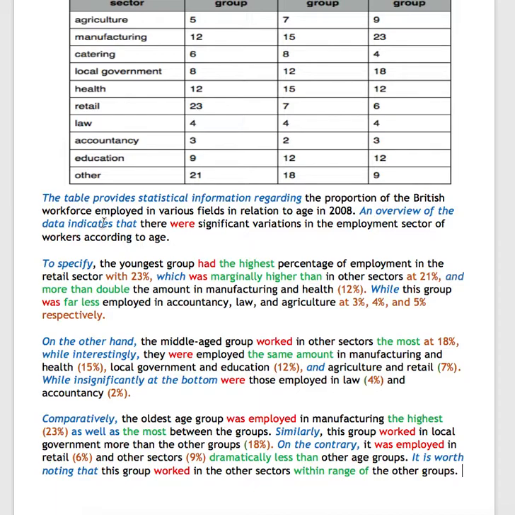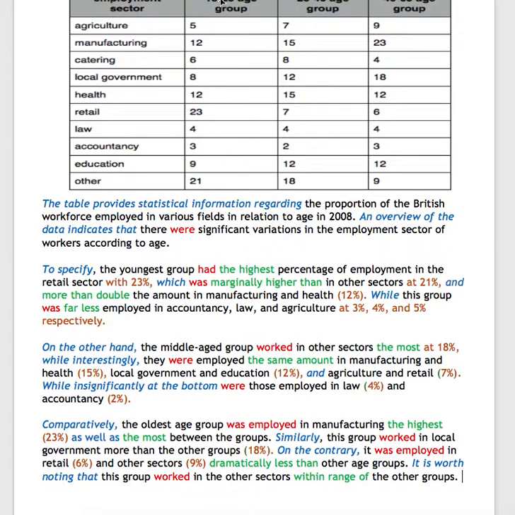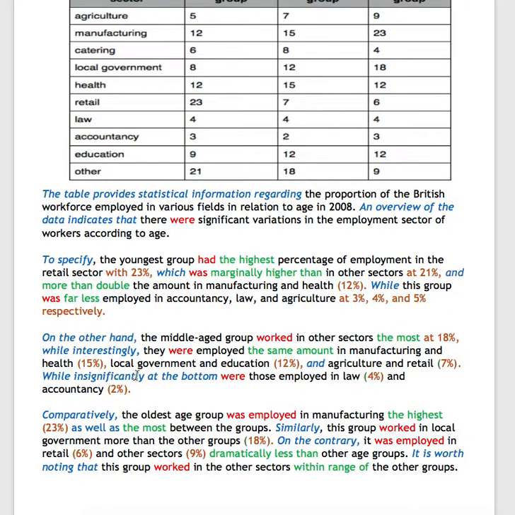Because of that reason, we can't get stuck trying to express all of them, or else we're going to run out of time, okay? This is a good example for that. What I did was just talk about the first group, what's high, what's low. In the second group, what's high, what's low. And in the third group, I compared them in between a little bit, what's high for them and what's low.